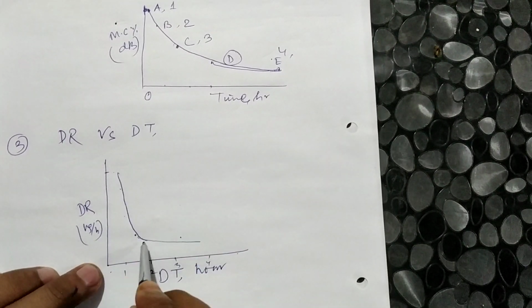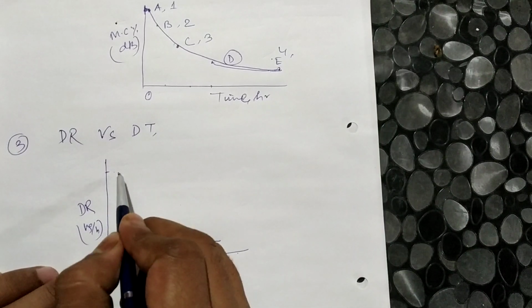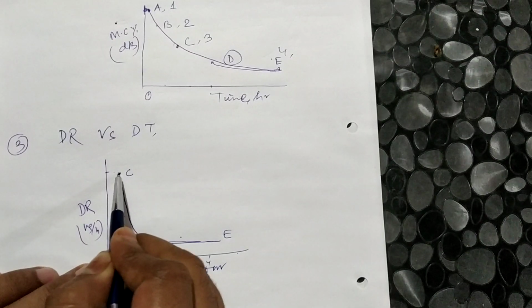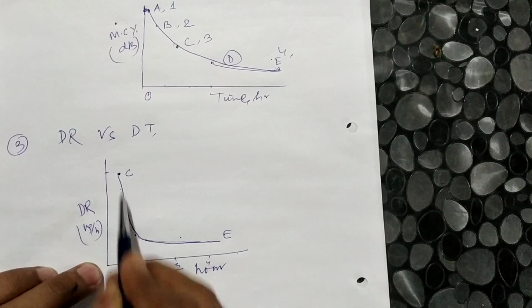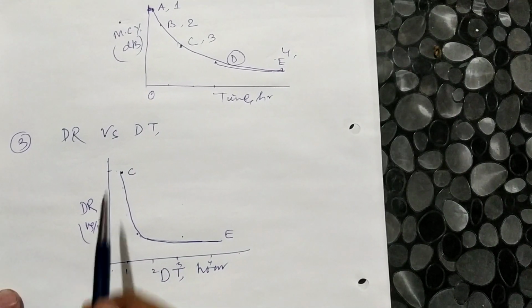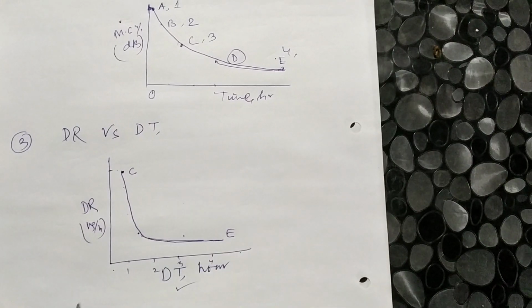So this is your another curve. Okay, if you see this one, see your E, after getting this constant rate, there will be a critical moisture, there will be this behavior. So this is the relationship between drying rate versus drying time. So these three curves collectively are called a drying curve.